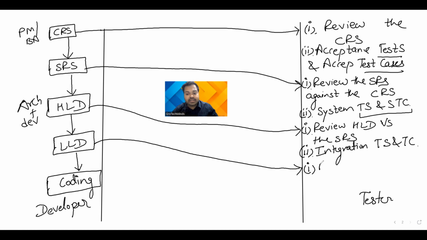Can you help me, please? Component. Review the LLD, the low-level design, against what? The HLD. They will review the LLD against the HLD. Yes, the previous document. The previous one is the high-level design. Not only that, guys, my test